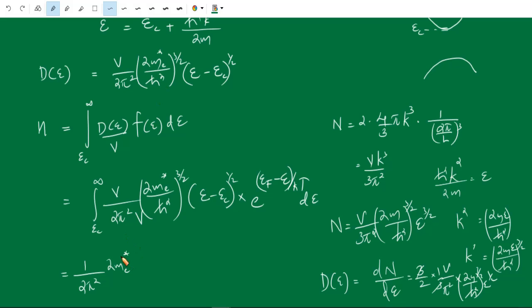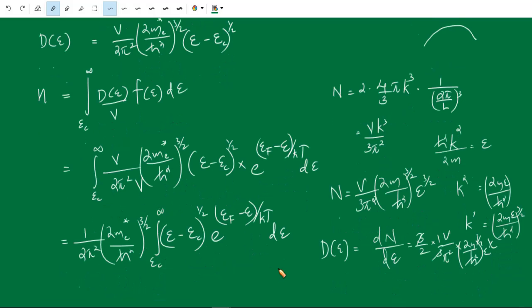So effective electron mass, 2 m e star by h cross square whole raised to 3 by 2, integral EC to infinity (E minus EC) raised to half, e raised to (EF minus E) divided by kT,